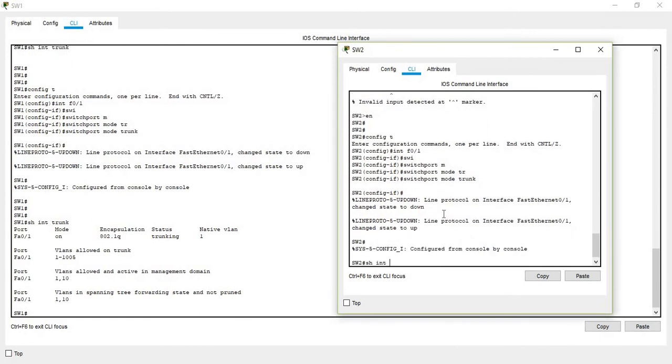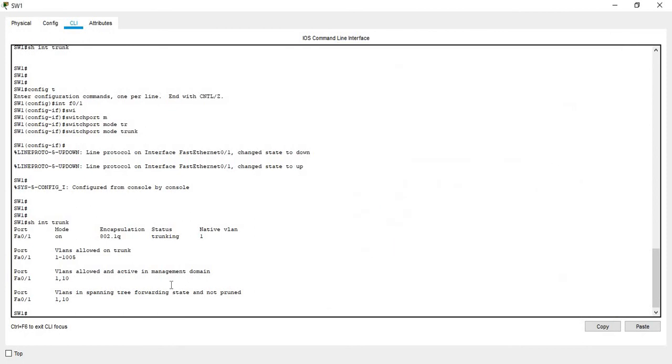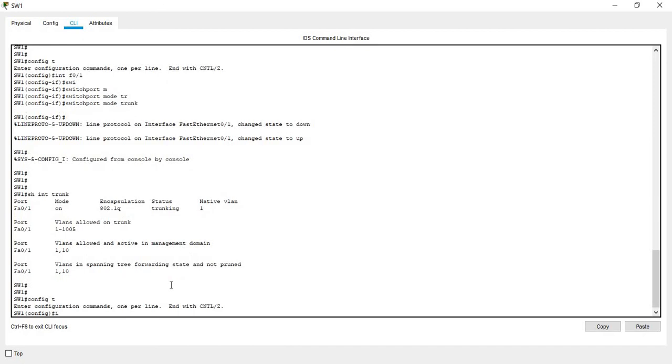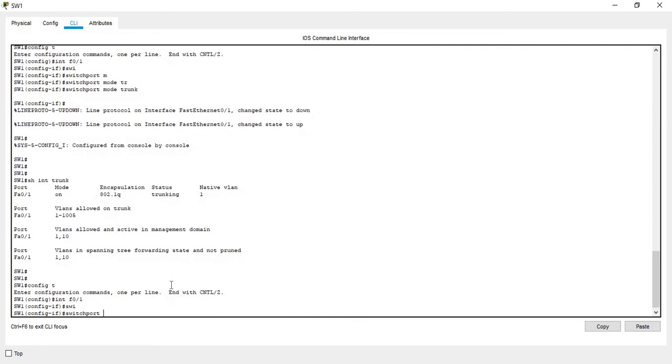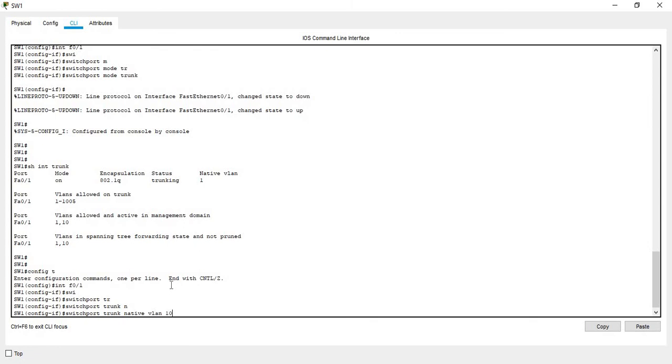Show interface trunk. Okay, on both sides the native VLAN is 1. Now what we will do, we will make this interface trunk native VLAN 10.